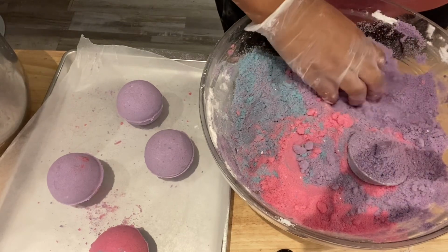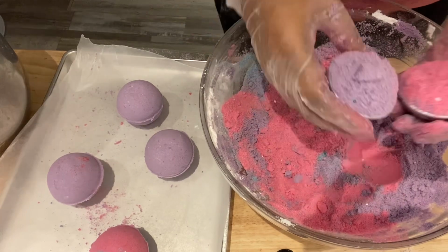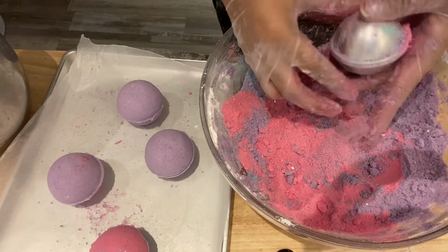Today, in this lovely kitchen on this holiday weekend, we are going to talk about the subject of bath bombs. Listen, bath bombs can be a headache for some people, but before I get into that,